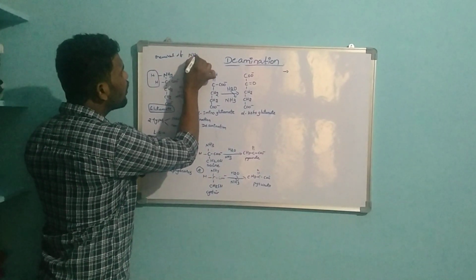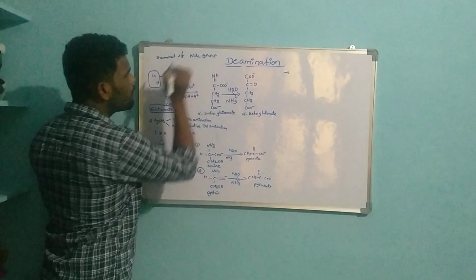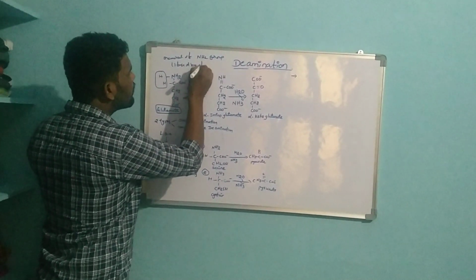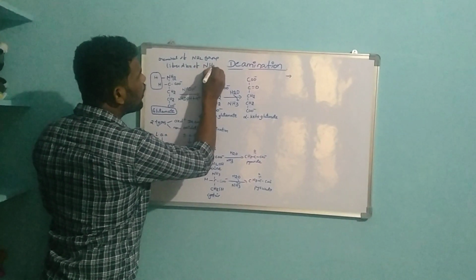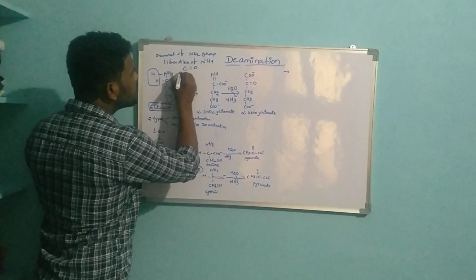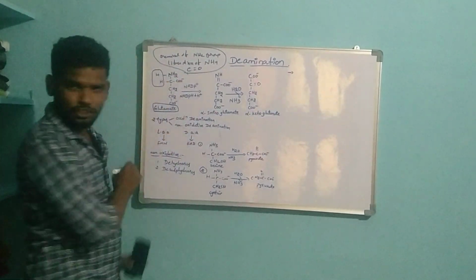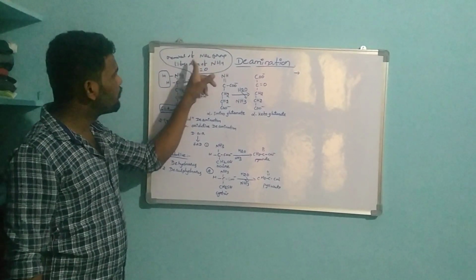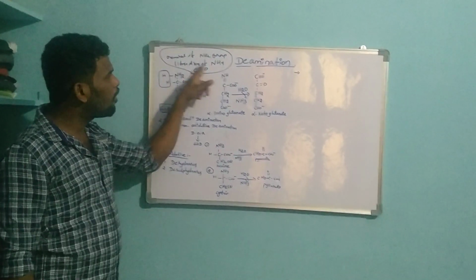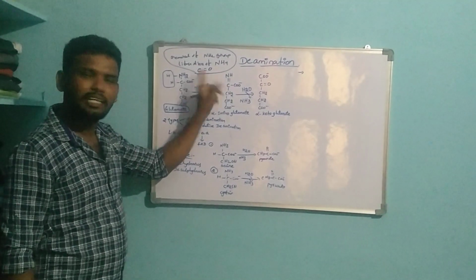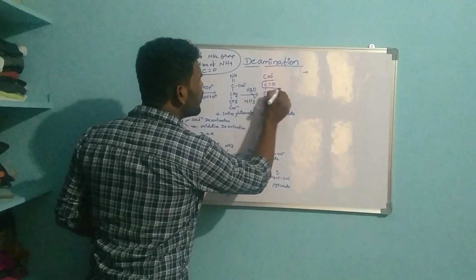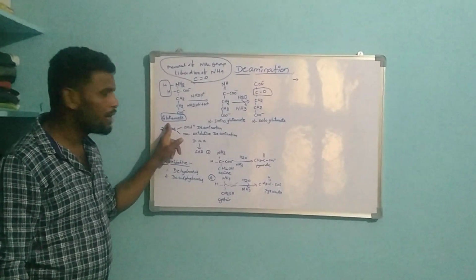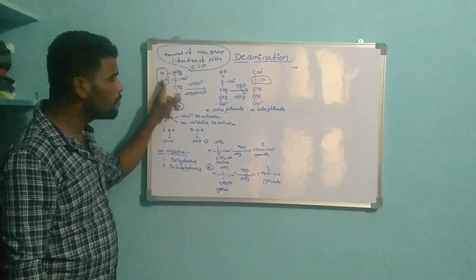the amine group from the amino acid, with liberation of ammonia to form a keto acid, which is known as the deamination reaction. What is the deamination reaction? The removal of the amine group from the amino acid, with liberation of ammonia to form a keto acid, is known as deamination reaction. Normally, if you take an amino acid like glutamate, glutamate consists of three hydrogen molecules, and